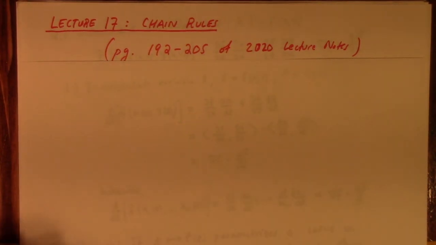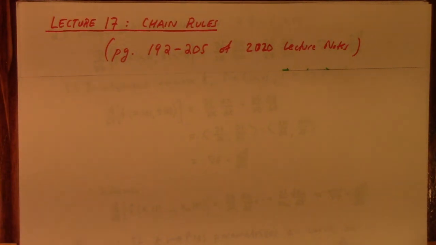All right, so this is lecture 17. I'm going to talk to you about chain rules here. The organization on page 192 to 205 of the 2020 lecture notes is essentially to study chain rules for when we're composing a function of several variables with a function or a vector of functions that is a function of just one independent variable first, and then we deal with two independent variables second, and then finally more